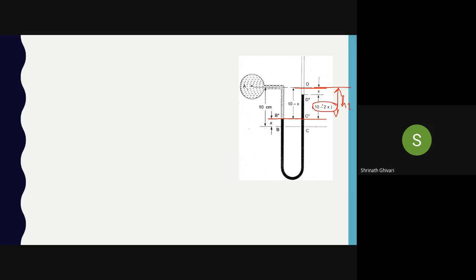Yes, sir. So how will you find out the value of x? How will you find out the value of x now? Any ideas you have? Same formula, right? Which is the formula? P equal to rho 2 g H2 minus rho 1 g H1. Correct? Okay. Now, we know the pressure here. We know the pressure of water which is flowing through the pipe. Do you agree? How much is it?